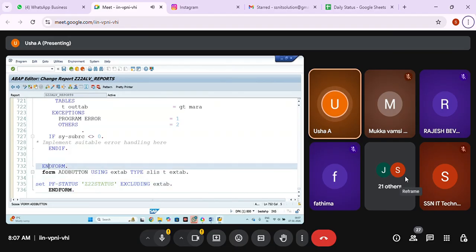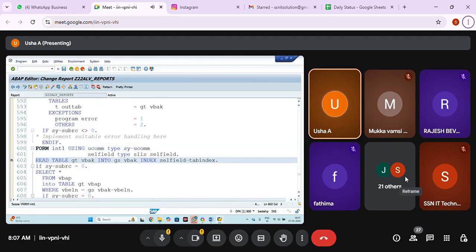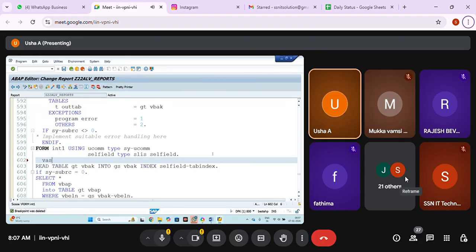But for that, you need to add the action. Where to write the action? Here only you need to write the action. But this is for line interaction. I want button interaction, so what to do? I need to check the UCOM value. CASE UCOM.